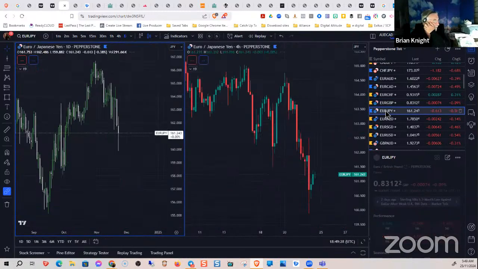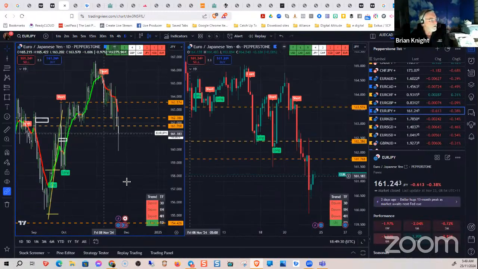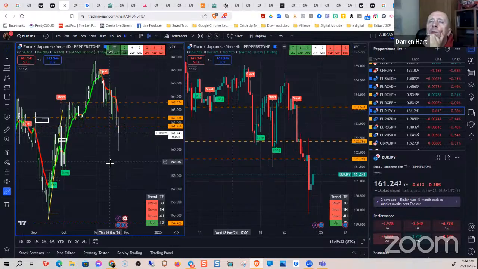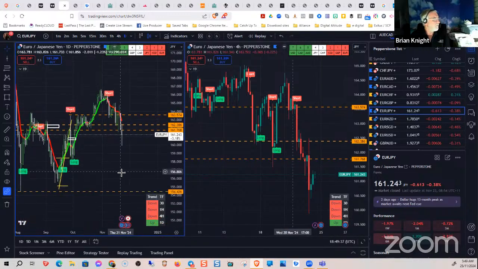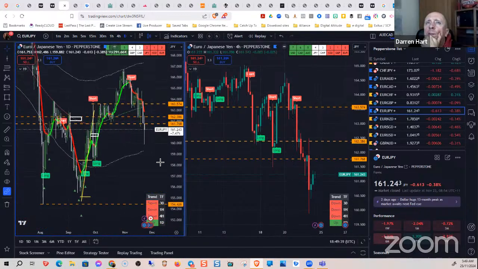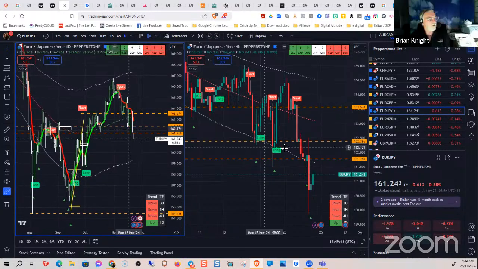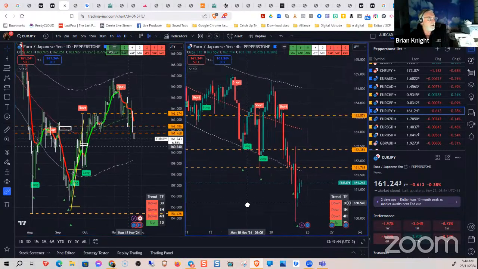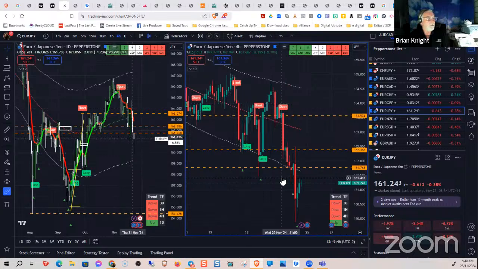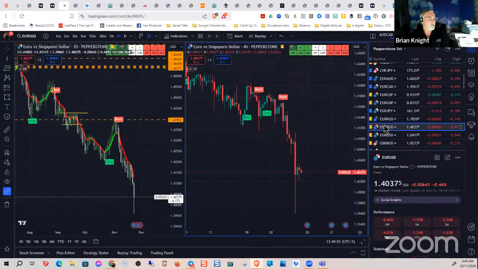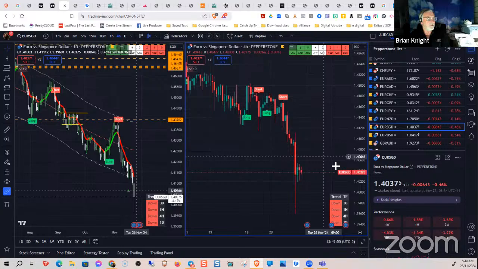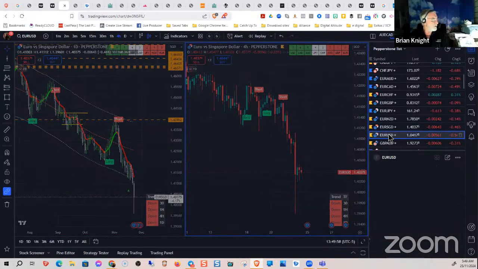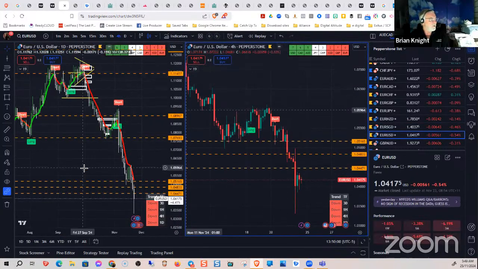Okay, and your JPY. You still in this one? No, that's closed. Oh no, but look at it. It's continuing. That's all right. You decided to get out, and that was the way it was. Your NZD we looked at, your Singapore still dropping out. They've all had this big drop and then a pullback, but this is just the end of the trading week. Euro USD saying that the US dollar is still